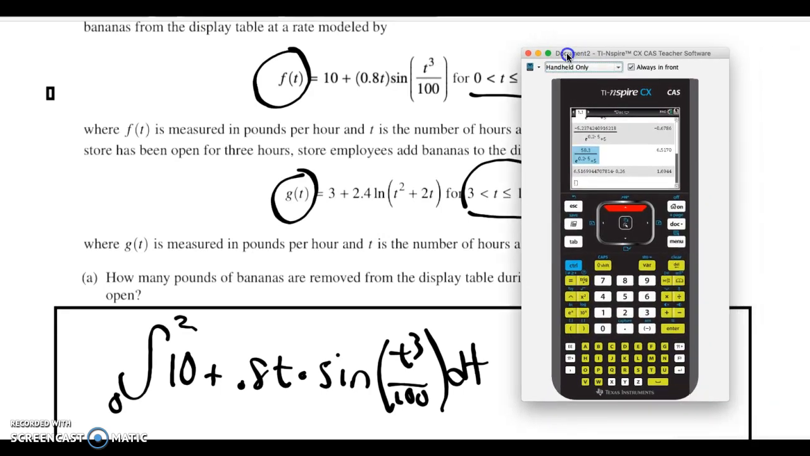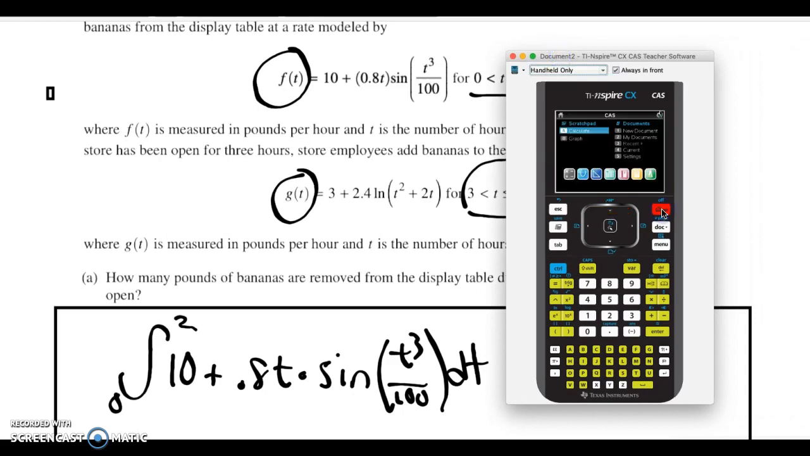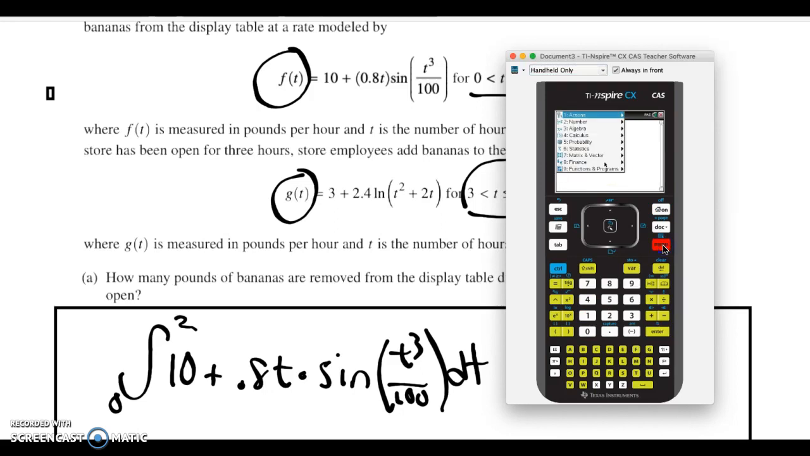There's our calc. I'm going to start a new document: home, new document, don't save. Okay, so I'm going to enter my function in. It's under menu, calculus, integral. Oh, I obviously missed integral. Let's see, menu. 4 is calculus, 3 is integral. There we go. From 0 to 2